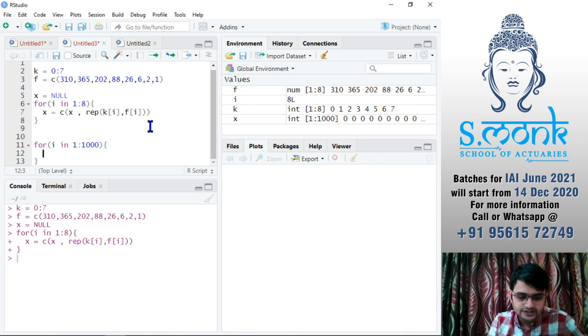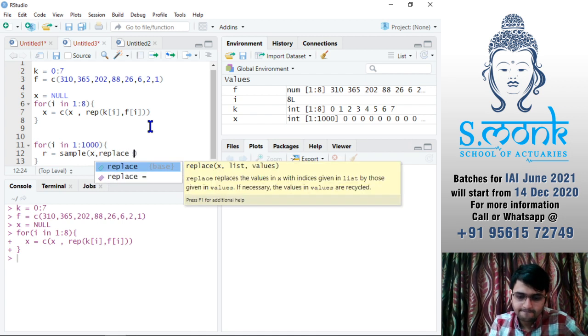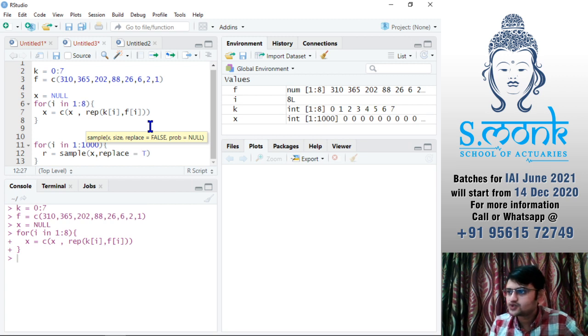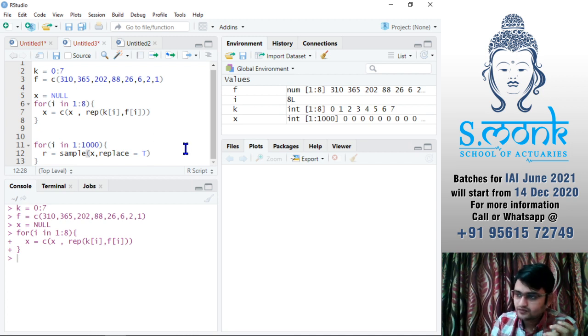So I'll say, let's assume a random sample R will be equal to sample coming from X, and I want replace true. Replace true signifies that I can replace the value before selecting the next value. Okay. So I'll take this R and I will make mean of those values.